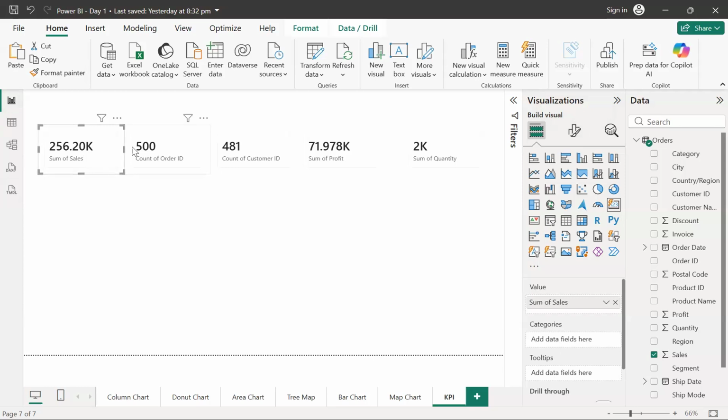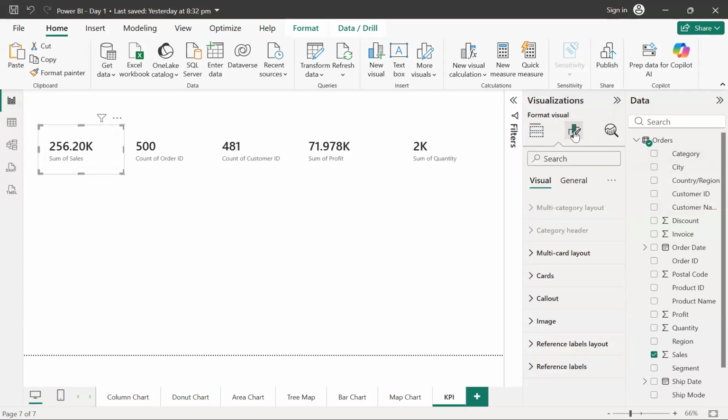So I will select the first one, and now I will go into this format your visual option. You will see that there are a couple of things I can try to improve over here. The first thing is that I don't want this sum of sales at the bottom. It is not making any sense.